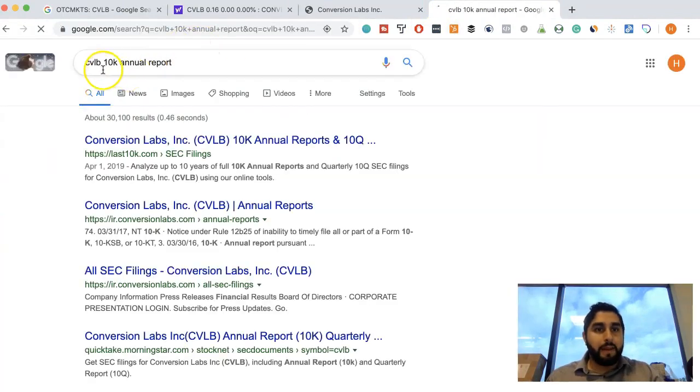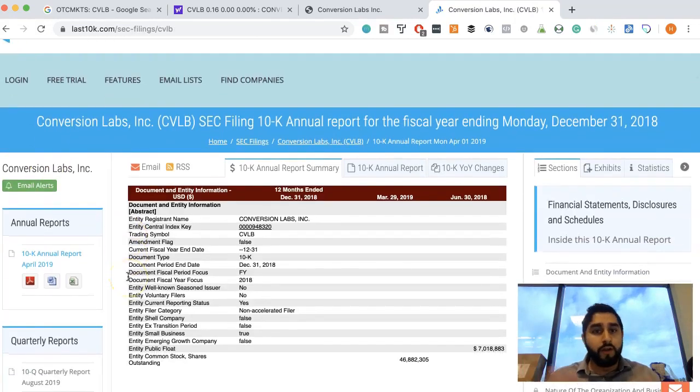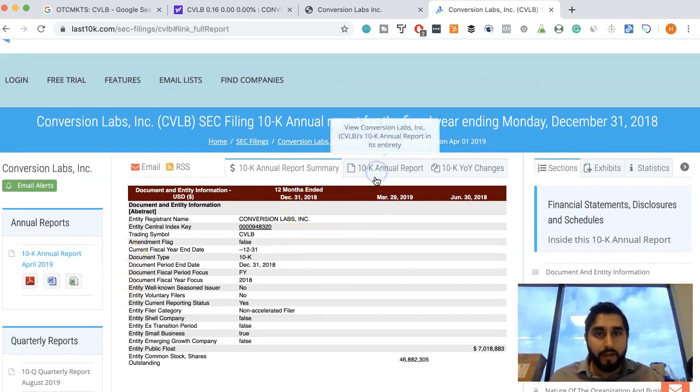The 10K is a very important part of an SEC filing, right? The SEC, the Securities and Exchange Commission, is the body in the United States that is responsible for the protection of investors and of watching over public companies to make sure that they're not falsifying information. Okay, and what is a public company, right? Any company that has their shares on the stock market, so Twitter, Facebook, Netflix, Google, all of these big companies, or any company that has shares that you can buy from the stock market, they're required to submit a 10K